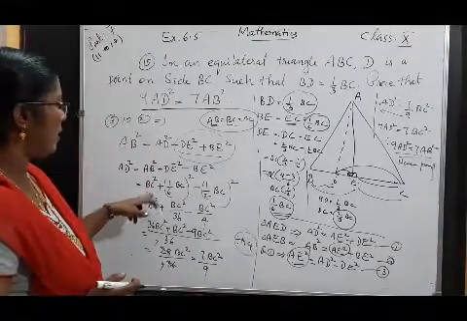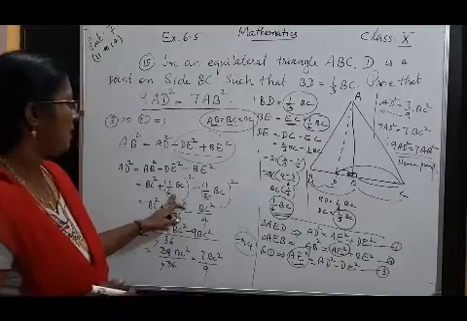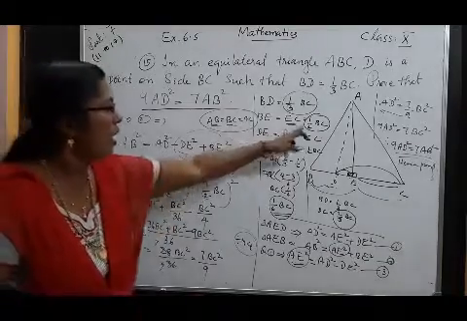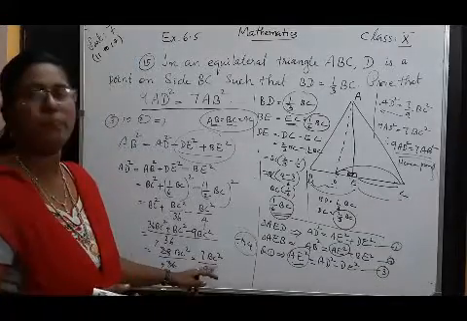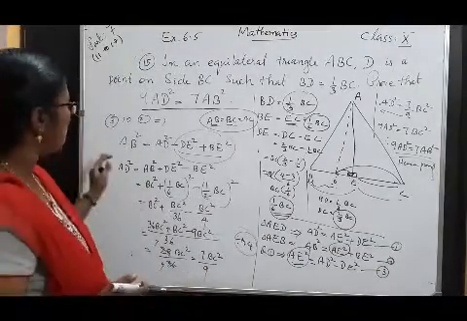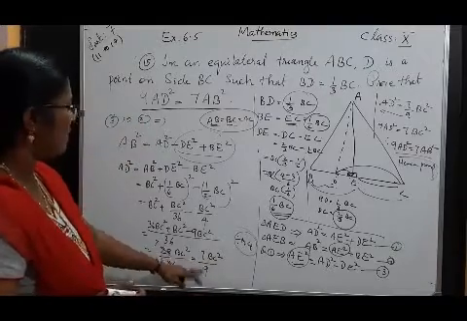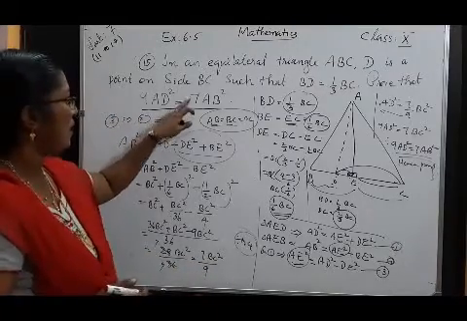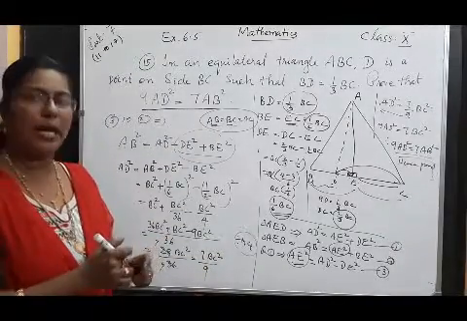That is BC square. DE equal 1 by 6 of BC, and BE equal half of BC. Then after calculating, you get 7 by 9 of BC square. Okay, then transpose on the left side. 7 by 9 of BC square is 9 AD square equal 7 BC square. Instead of BC square, you can write AB square.